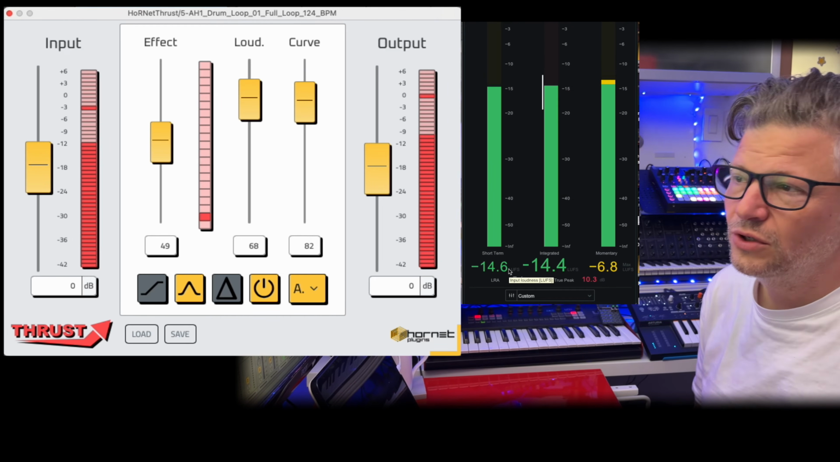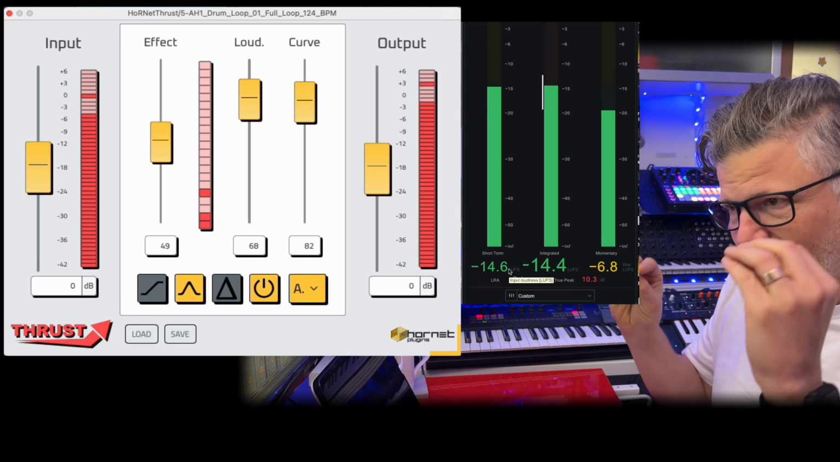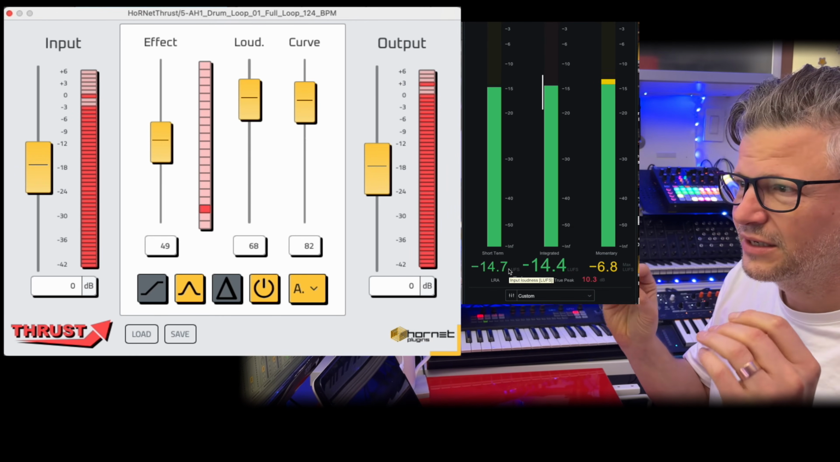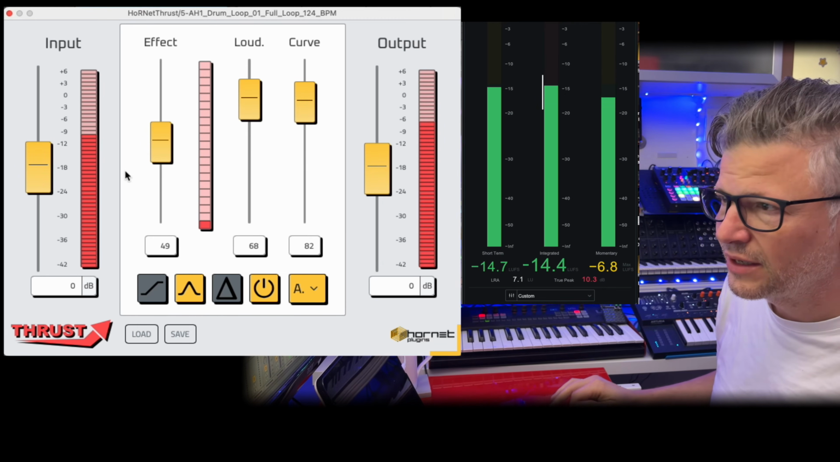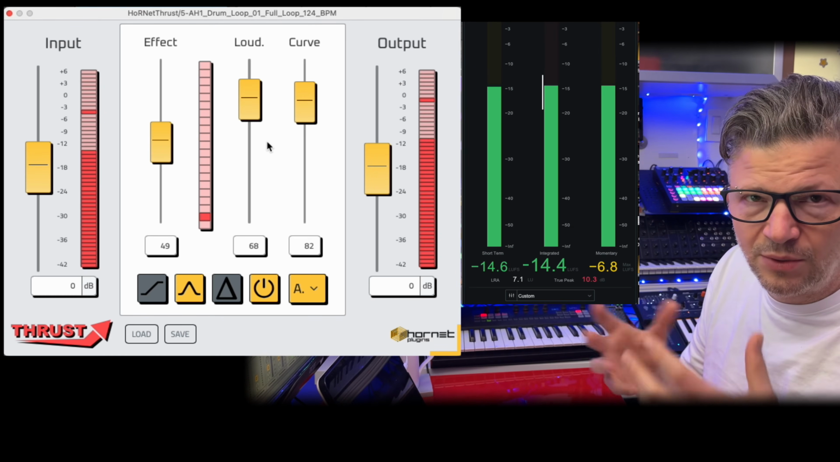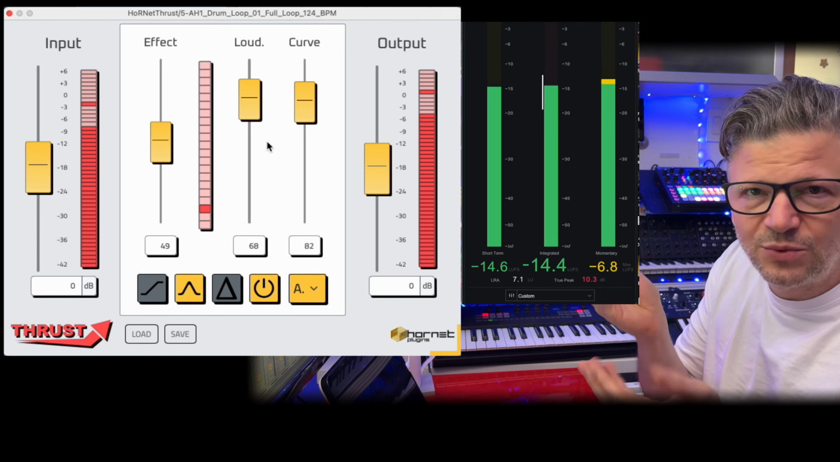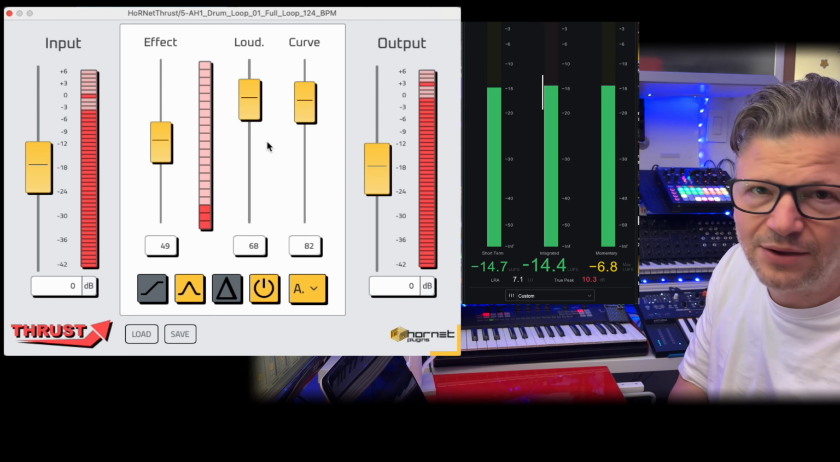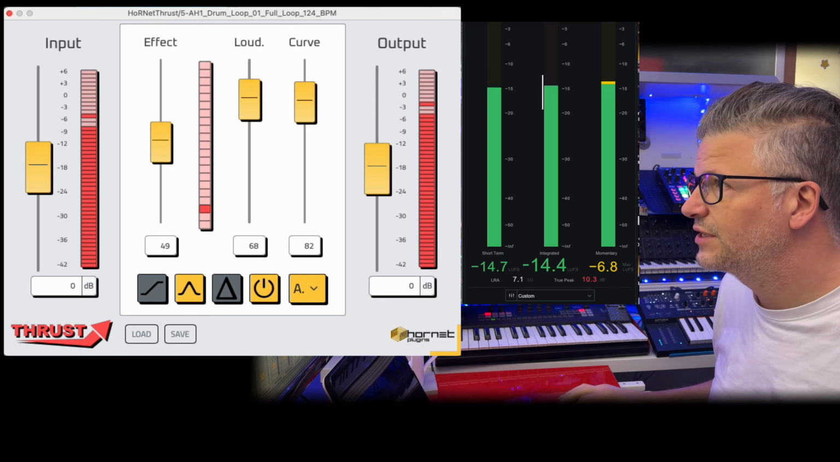So this could also be used just on the master out, to finish off your mix if everything's clean, or it can be on a specific sound like the drums, especially if you have a whole drum kit playing a whole loop. Then you can bring out some of the soft sounds without affecting the loud sounds like the kick and the snare. Now if you have it on a bass, for example,